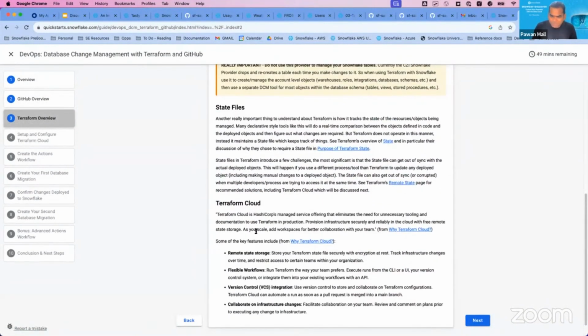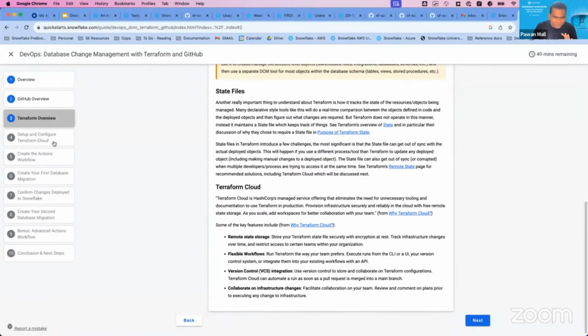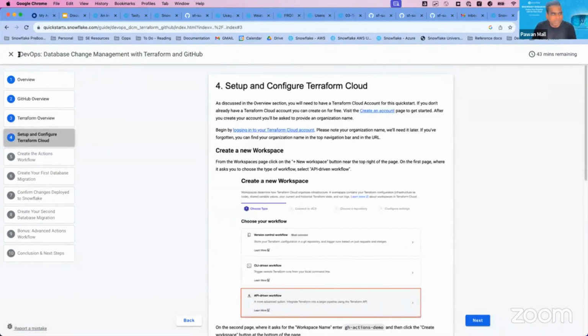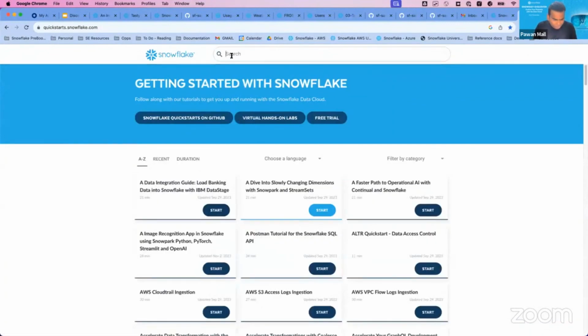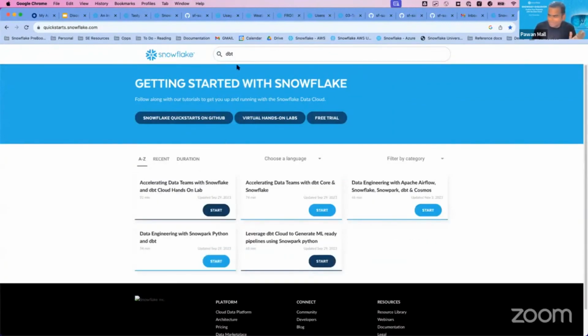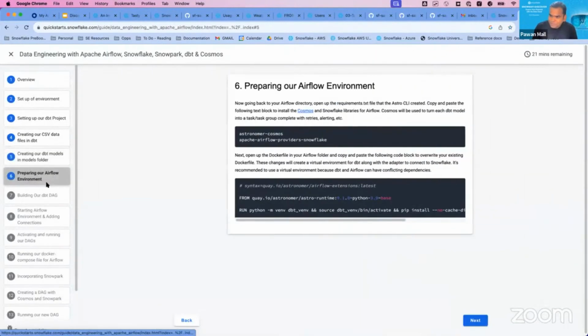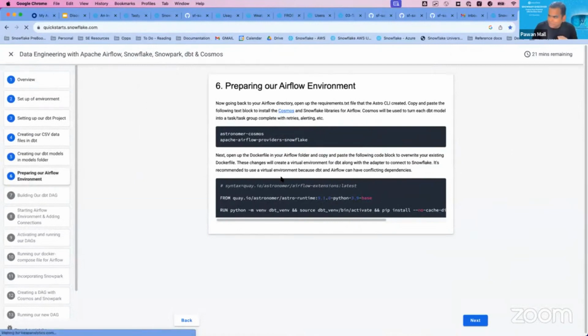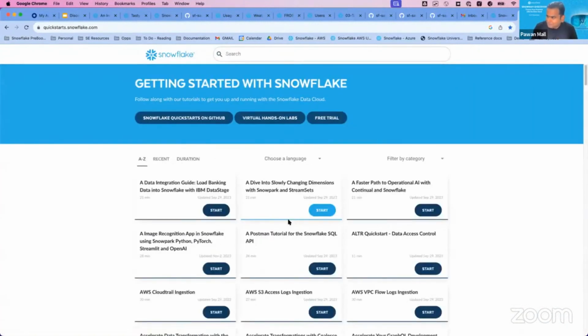We have a lot of customers using a variety of different tools. So that's why we are not very particular in naming which tool you should be using. For example, if you want to find out how dbt works with Snowflake, the best thing is to come here and search for dbt, and you can see how you can make it work. If you're using Airflow, you can use Airflow. If you're using any of those DevOps tools, you can definitely use this particular resource. This is very useful for that purpose. So you just follow along and build this on your trial account. And this way you will get the confidence that, okay, this is how it will work with Snowflake.